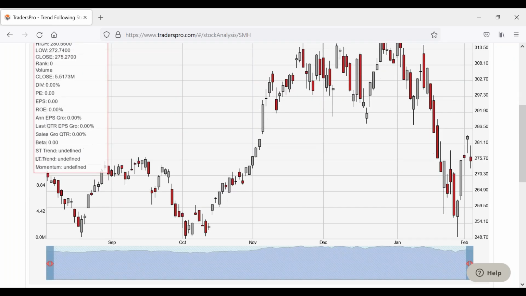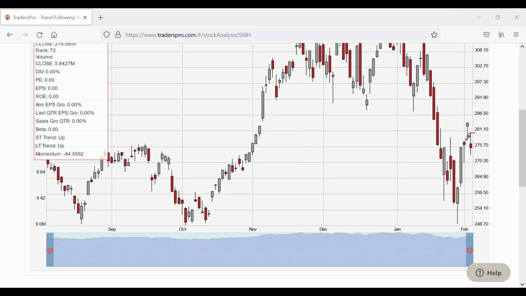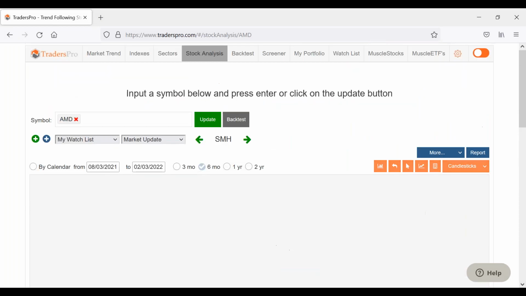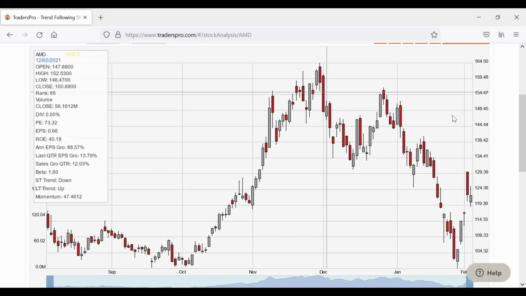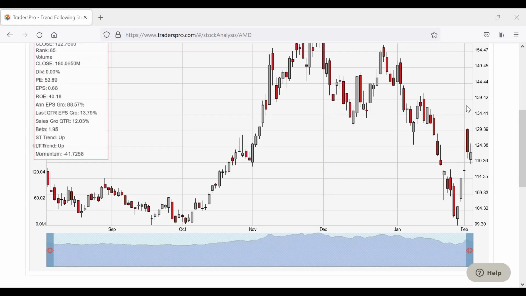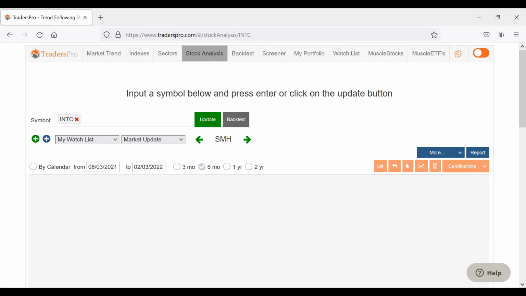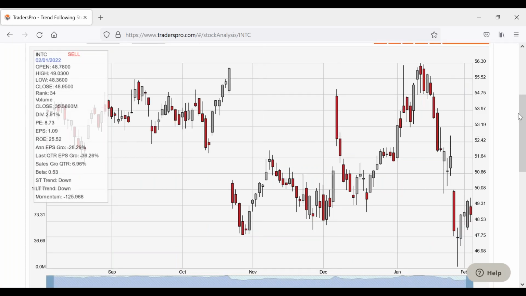Chip stocks, again, they're down today, and that's another thing to keep an eye on. AMD, what are the main chip stocks? AMD reported their earnings. They initially gapped up, but you see this is kind of a bearish reversal candle. It opened all the way up here, closed down here. Intel already reported earnings. Big chip company, they're a Dow stock. Has a bearish inside day today, had a bullish day yesterday, bearish inside day today.